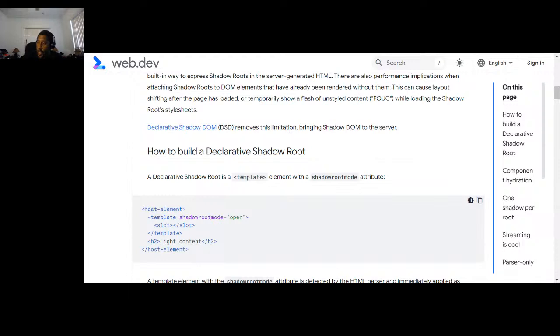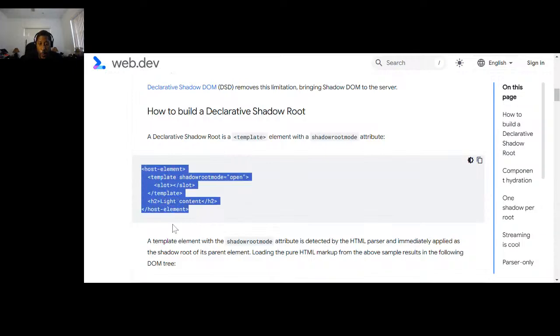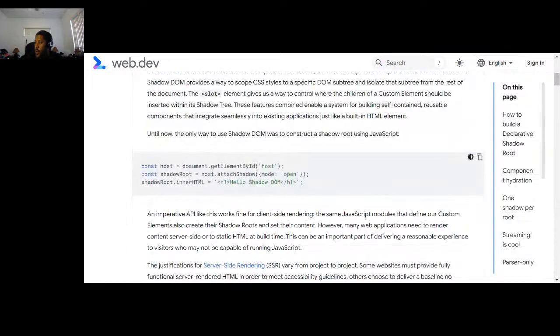So it's pretty dope, right? So kind of just walk your way through it. And so this is declarative, right? Because it actually has it. So you have your custom element, everything's there, right? Whereas imperative is like you're getting the document host or whatever, you know what I'm saying? Then you're attaching a shadow DOM to it, and then you're filling that shadow DOM with this.